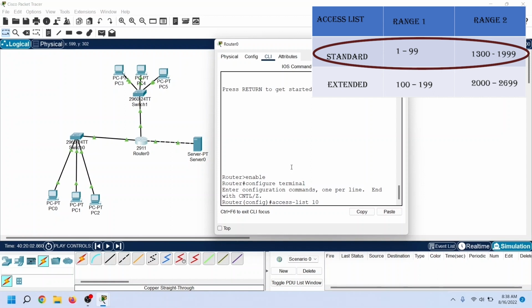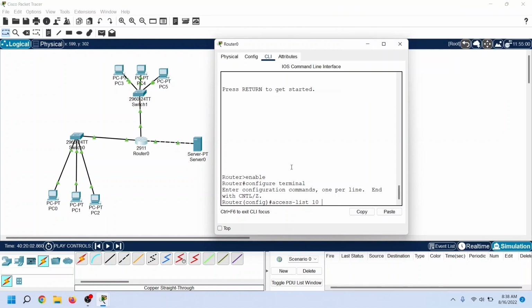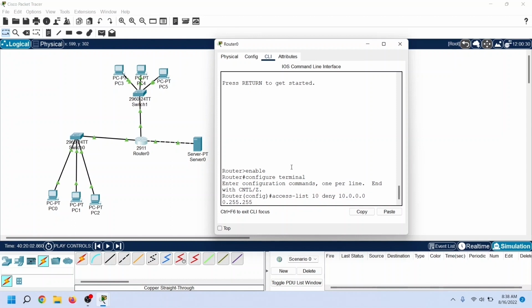Now, we need to specify the action. To block all traffic from the network, we will use the deny keyword here. As I mentioned earlier, a standard ACL can only filter traffic based on the source address. Here, we need to specify the source address. To block the entire segment, we will use the network address of the segment. To include all hosts of the segment, we will use the wildcard mask